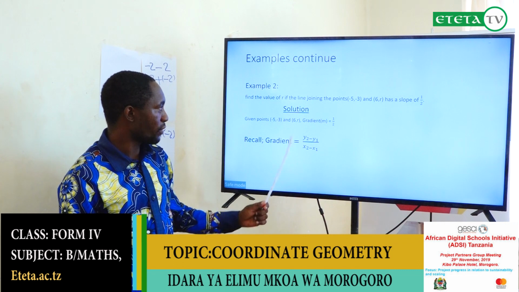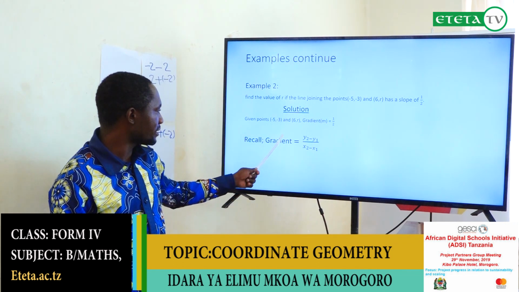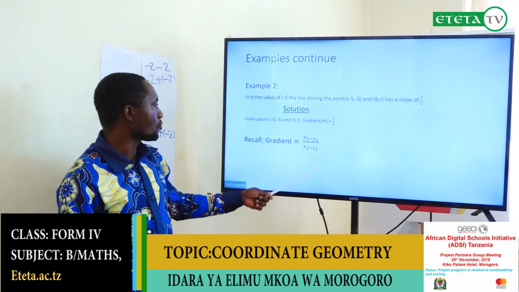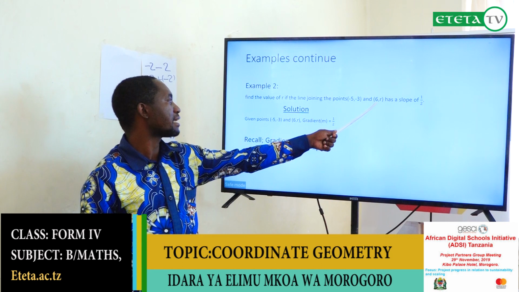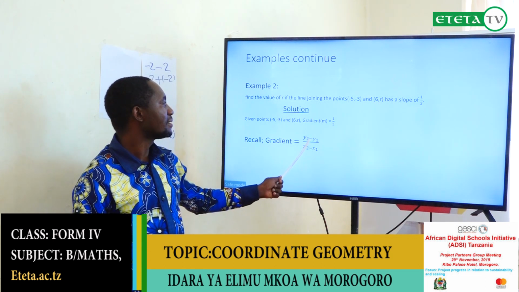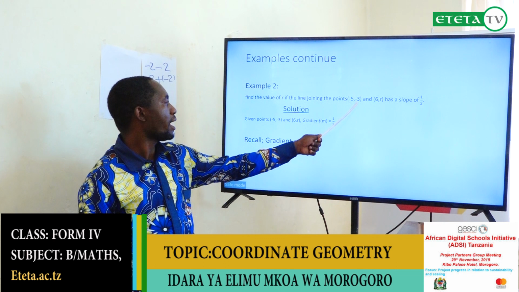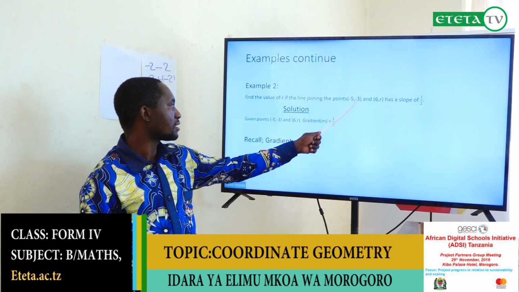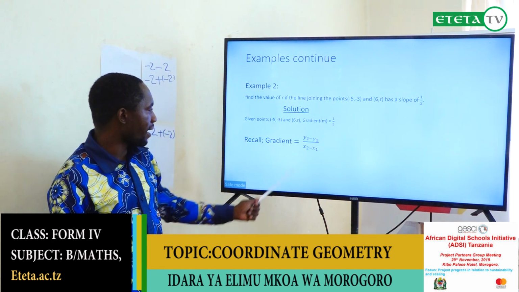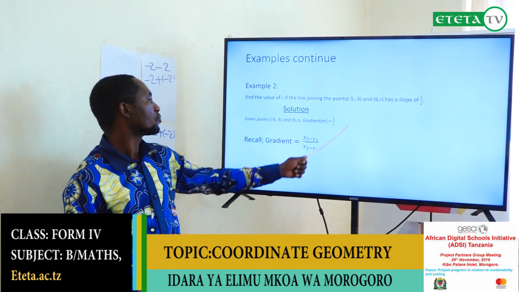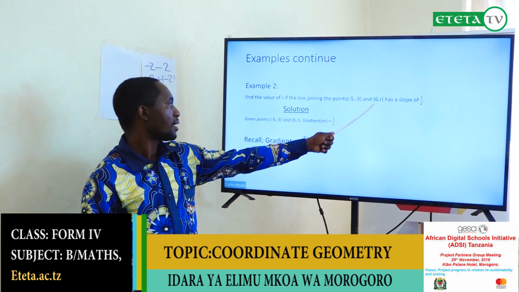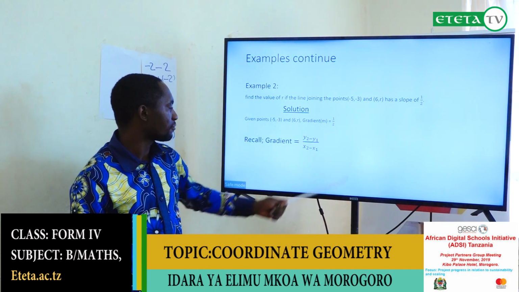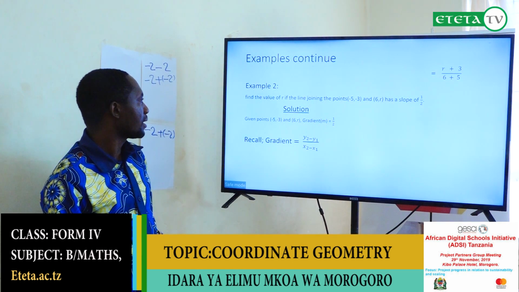Now gradient we are given a half. Instead of gradient we just write here 1/2 equals y2. We just take the value of y2, which is R, minus y1, which is -3, divided by x2, which is 6, minus x1, which is -5. Now we find that